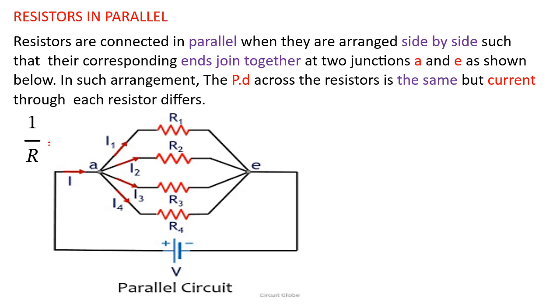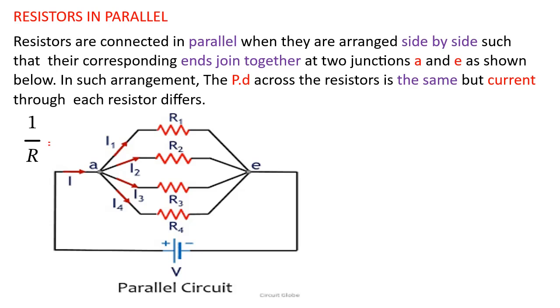So they are connected side by side and their ends are joined together at a point. Please note this. In such an arrangement, as shown below, the potential difference across the resistors is the same, but the currents through each resistor differ. If you look below, you discover that the current coming from the cell was initially I,